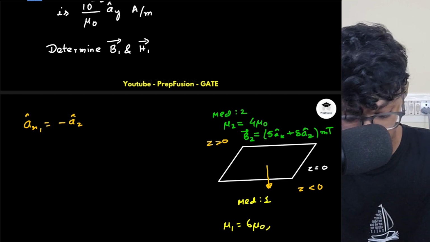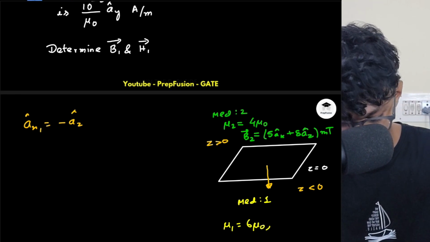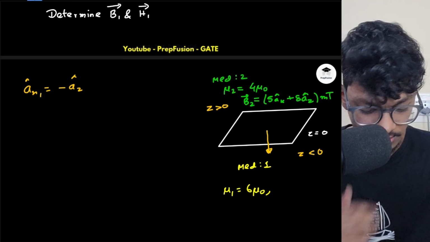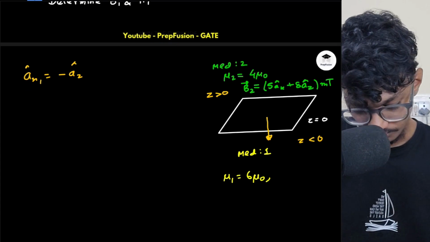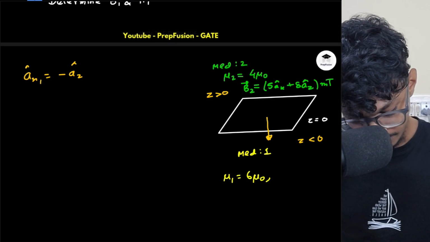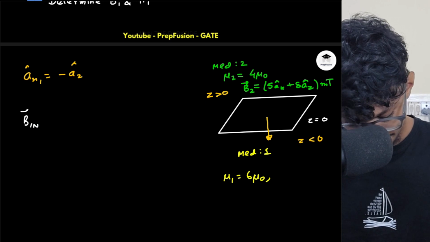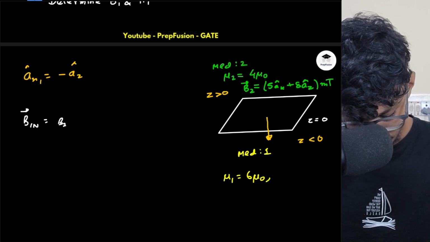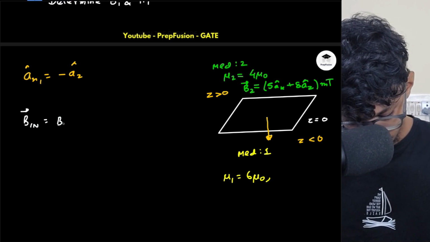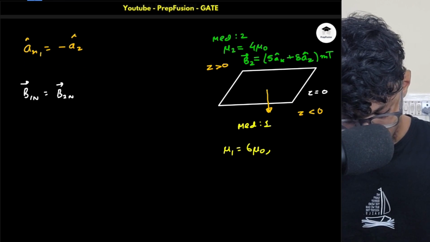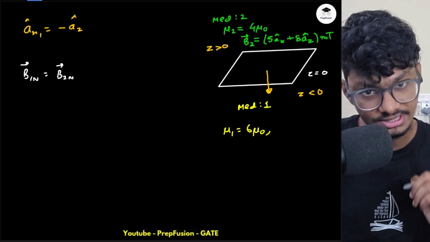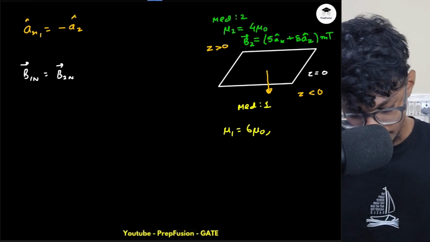So this you have to understand very carefully. What is the normal direction of the normal vector? Other things will be sorted out. So now you can simply solve this, right? What can you find out? So you can simply find out the normal component. The normal components of b1n and b2n must be the same. Okay, so the normal components are the same. What can I comment about? So I can comment that